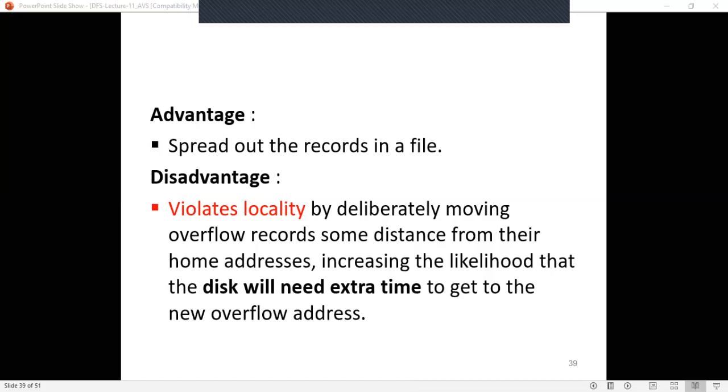In that case, you have to move the read write head, which is costly, isn't it?